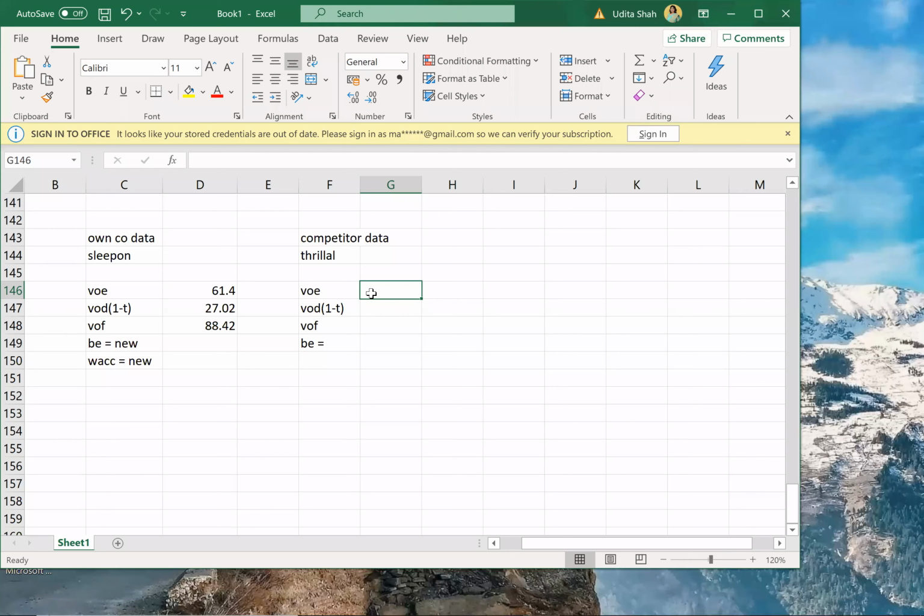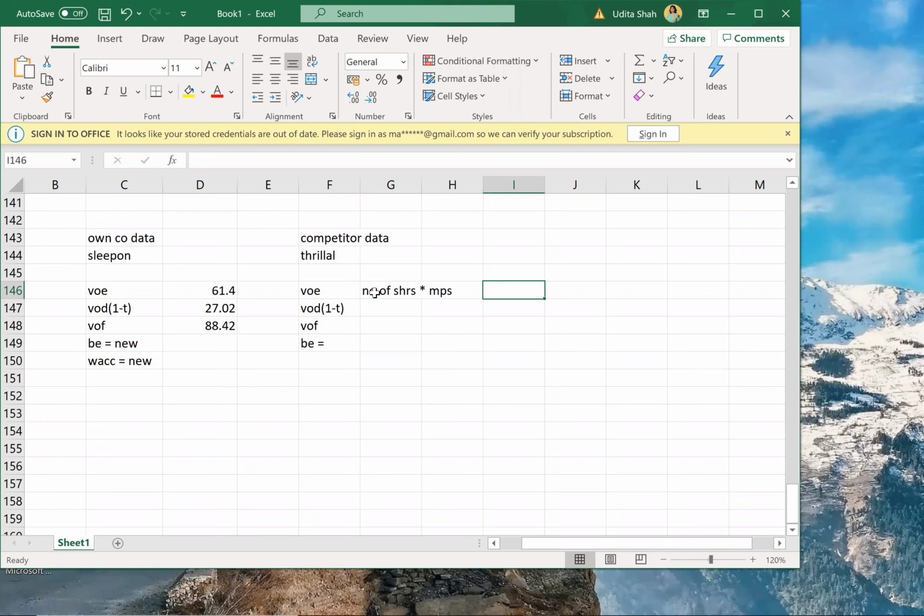Value of equity we can calculate with the help of number of shares into market price per share. I had told this formula, right? If value of equity is not directly given, you can take it as the current market value. So the formula is number of shares into MPS. So if you look at the balance sheet of Trilal, $1 ordinary shares amounts to 400 million.